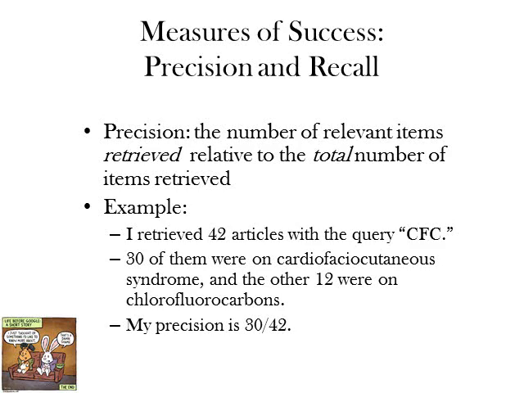Precision measures what you actually got. So it is the number of relevant items you retrieved relative to the total number of items retrieved. So let's say I retrieved 42 articles with the query CFC. 30 of them were on cardiofasciocutaneous syndrome. The other 12 were on chlorofluorocarbons, which is a completely different concept altogether, but which also goes by the acronym of CFC. Here, I achieved a precision of 30 out of 42. Out of the 42 things I received, 30 of them actually met my needs, and the other 12 were superfluous